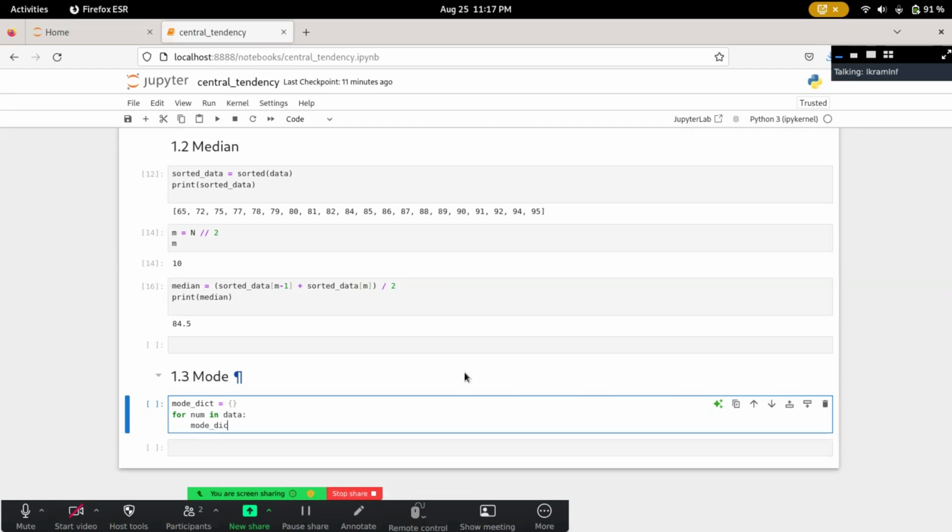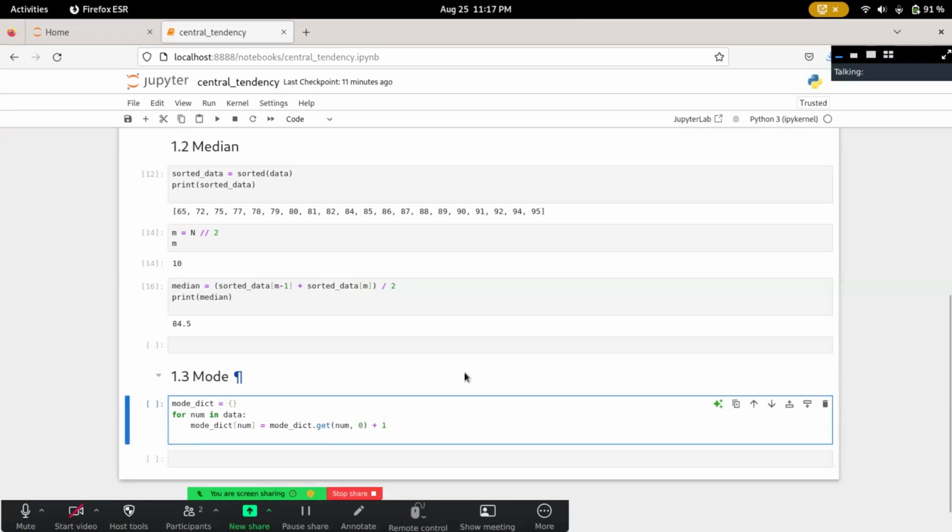Now we will calculate the occurrences of each number and increase the count by 1 if we find a value. Now if we print our dictionary of counts,